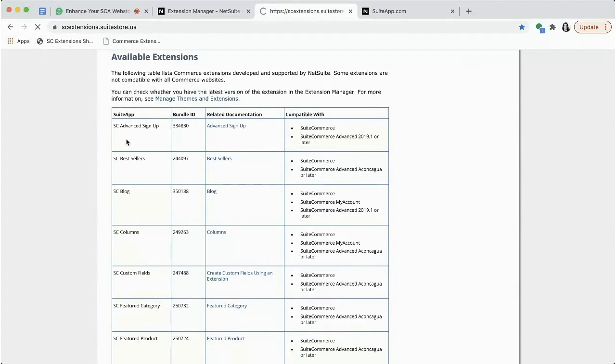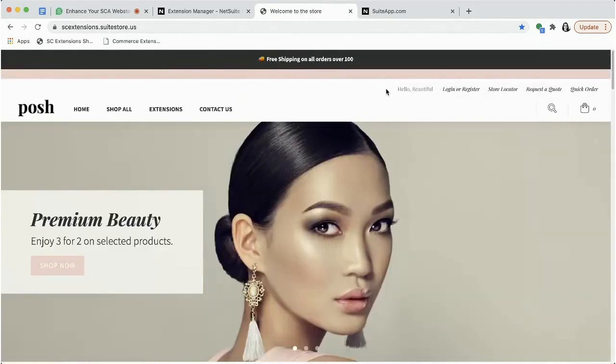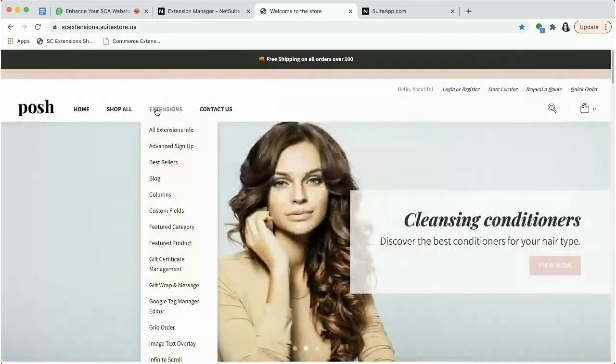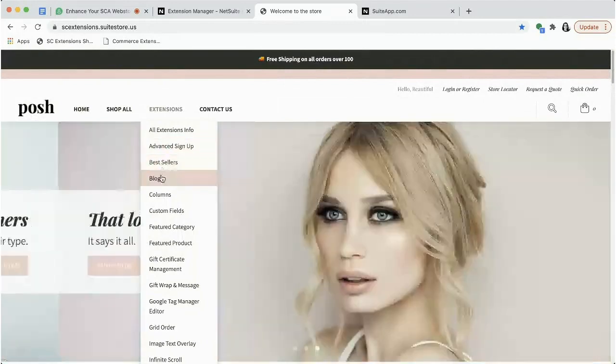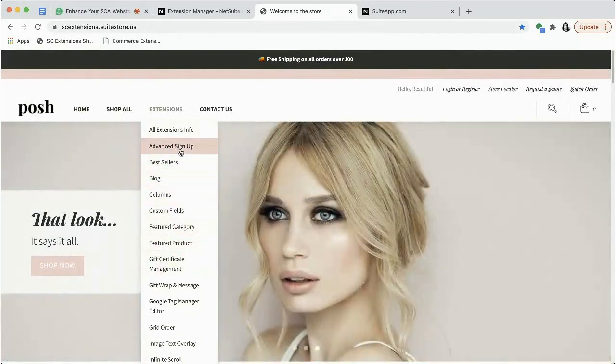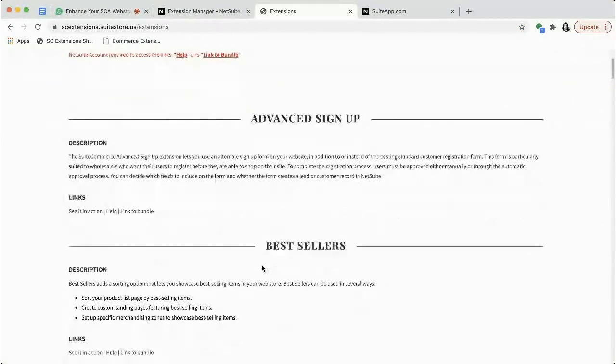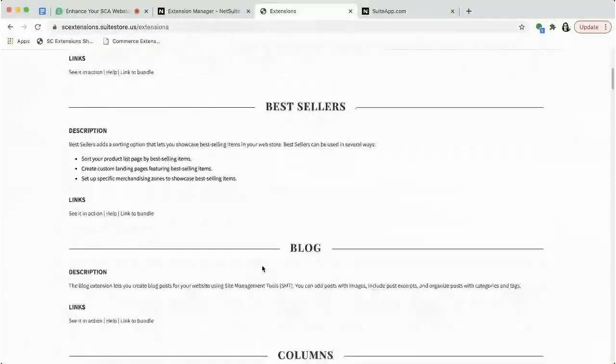It's the SC Extensions Showcase website. It's called scextensions.suitestore.us. If you go here, this is the Posh theme, by the way, that is available from NetSuite. And hover over extensions, you can see that there are individual entries for each one. But if you want to see all of the extensions in one place, just click on all extensions and say